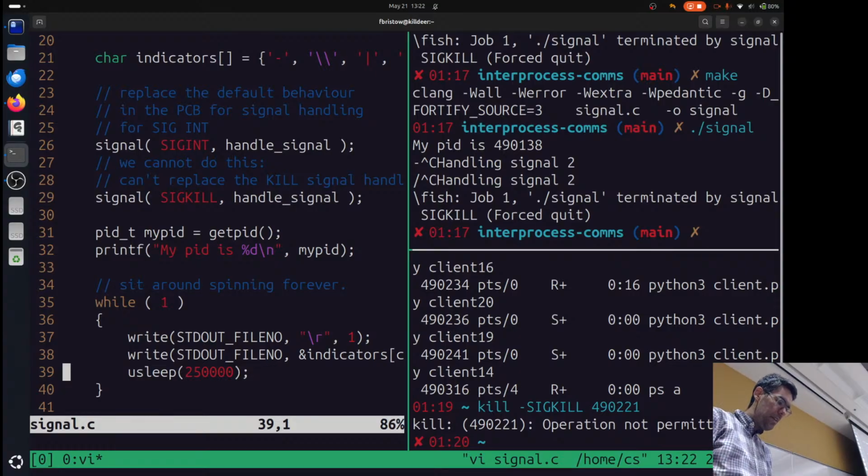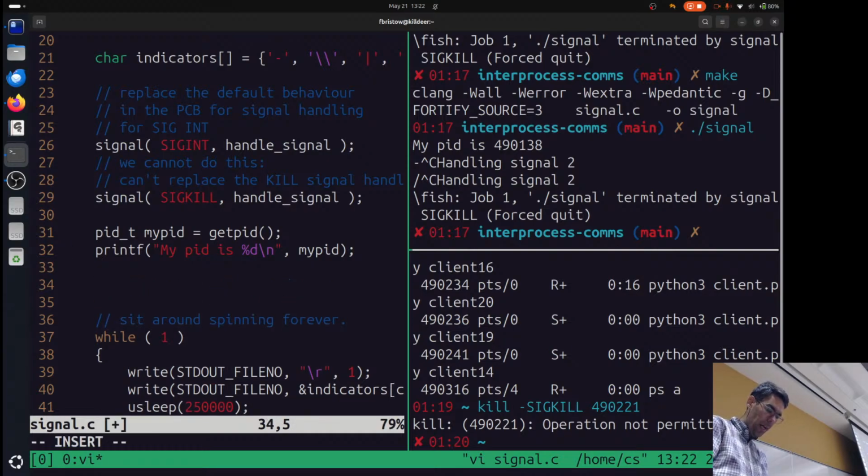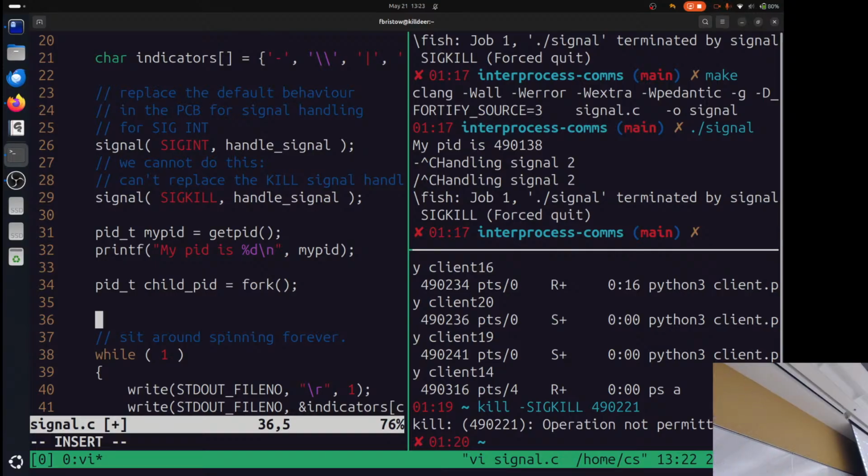The last thing that I want to do with this is I want to add to this and I want to be able to send messages between two processes that I've started up. So the way that I'm going to do that is I'm going to use fork to cause a new process to start. I'm going to declare a new process ID type, so pid_t child_pid, and I'm going to say child_pid is equal to fork. We're going to follow that same pattern that we had before. We're going to have a conditional statement that asks the question, what is the value that was returned to us here? If child_pid